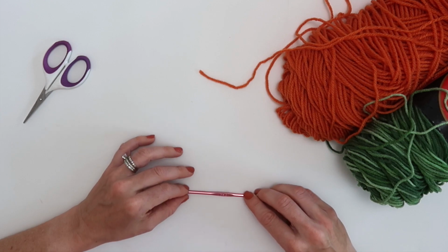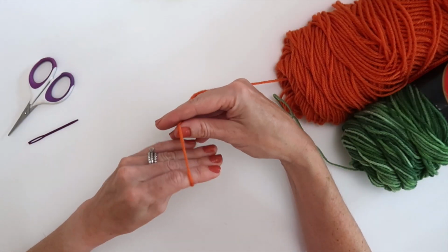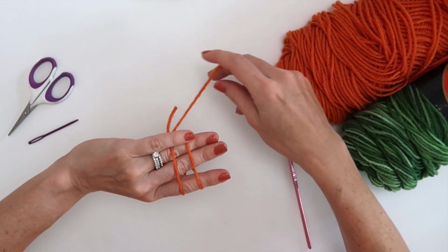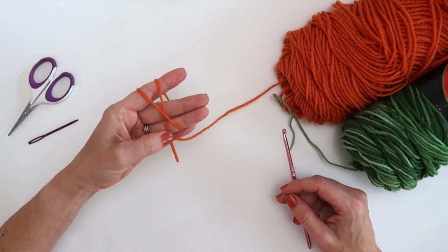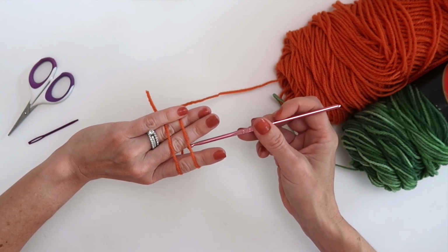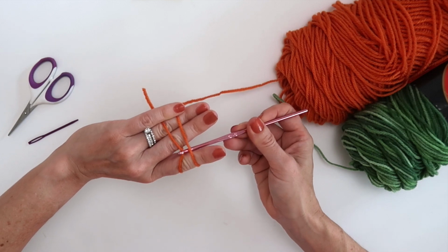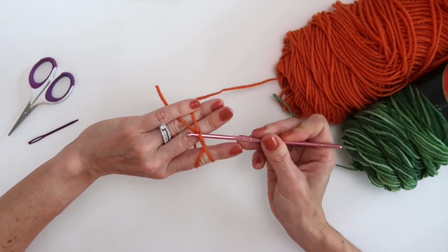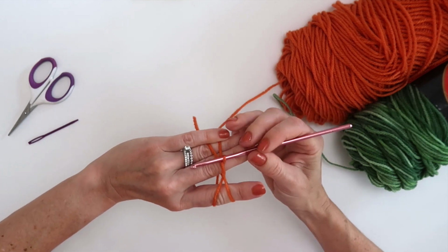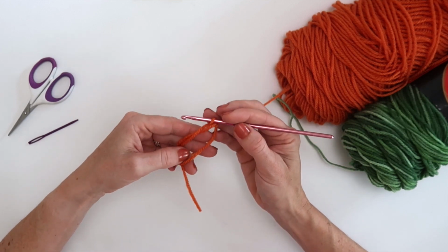So I'm going to start out by making a magic circle. So we're going to drape the yarn over our fingers, wrap it around the back, crisscross it here, and wrap it around the back again. So you've got an X here and 2 lines here. Then I'm going to pass my hook under both stripes of yarn and hook this second one and pull it under. Then I'm going to go over and grab that yarn again and pull it through to lock my magic circle. And I'm going to pull my fingers out, and I've got this little circle that we're going to be